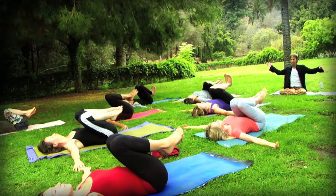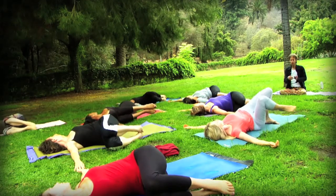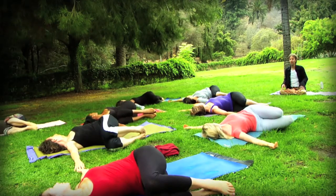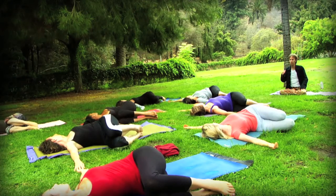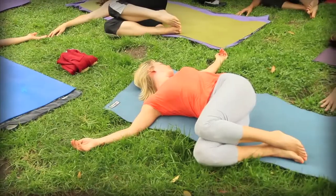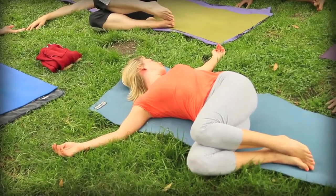On the out breath, knees fall to the right as you look to the left. Keep the feet pulling towards your rear end. If your knees and legs are not falling down together, you'll put the right hand on top, holding them down. Otherwise, as you are, nice and easy, letting gravity do the rest of the work, getting the last minute or